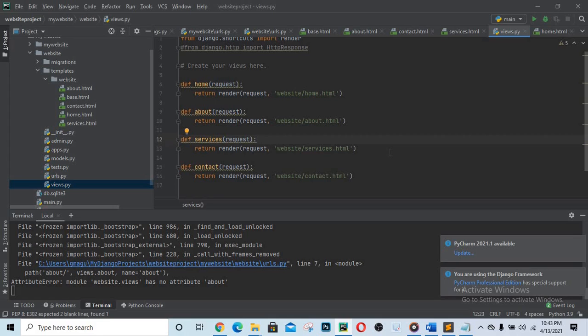Perfect. So that's all I wanted to show you in this section. So in the next section, I'm going to take you through creating our base template, and we'll just focus on the base template and the template inheritance. Okay, so basically that's all that I wanted to show you, but I think before I do that, let me